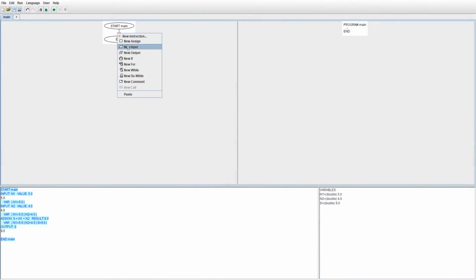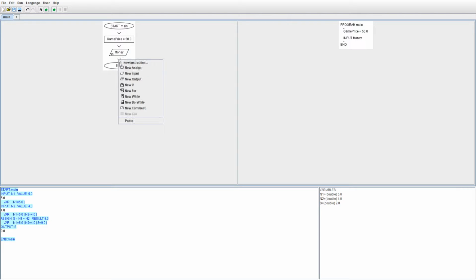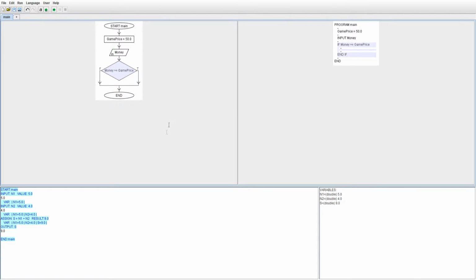So, imagine we are super hyped for a new game and we want to check if we have enough money to buy it. First things first, assign to the variable price the game price and place an input block waiting for the amount of money that we have. Now we have to control if we have enough money to buy it, so we'll use the conditional block. As you can see, two branches start from it. One will be used if the condition is true, the other if it's false.